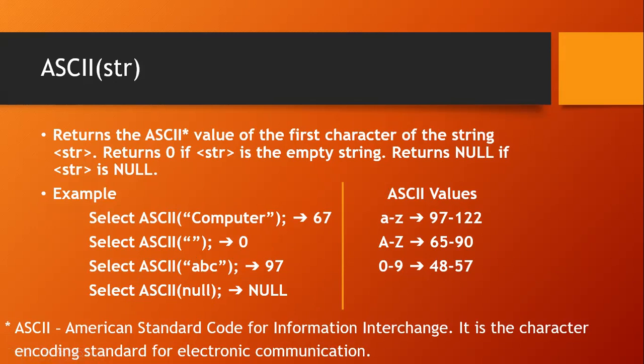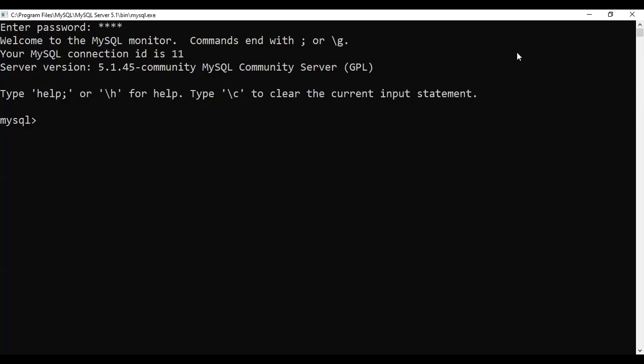Now we will move on to the practical illustration of these functions for better understanding. So we are here with the MySQL RDBMS. We will do the practical illustrations of those functions. The first function is CONCAT. So select CONCAT of string 1. You have to give first one 'Hello'. Any string you can give.